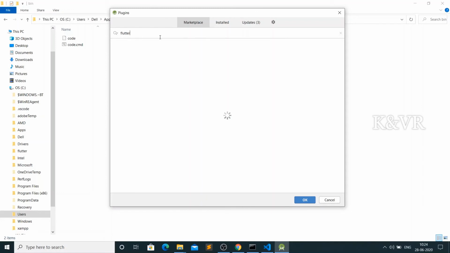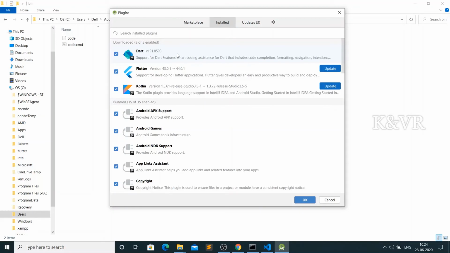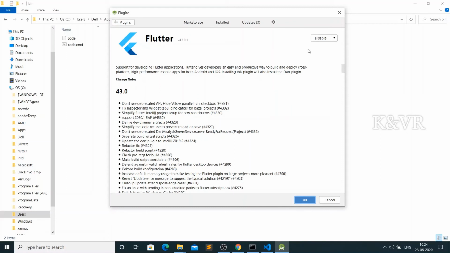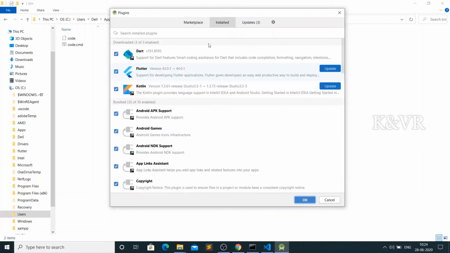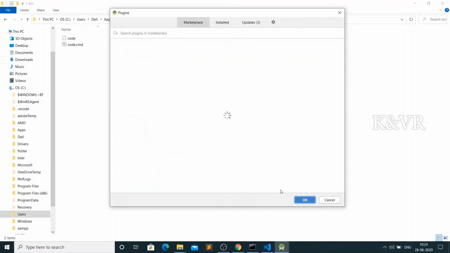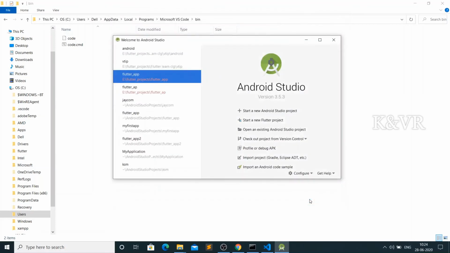You can type Flutter here and it will come. I have a net problem, so it shows like this. The install button will come. Just install it, and type Dart, and you can install Dart also. Then it will ask to restart Android Studio. Just click on that, and later it will come like this.